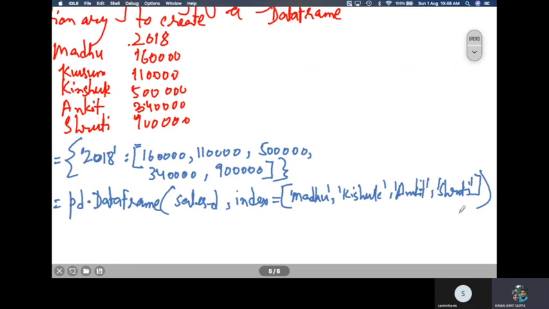In the next class, let us have a glimpse of what we will do. In the coming class next week, we will be doing some statistical computing on data frames, right? We can perform some descriptive statistics on data frames. So we will do that in the next coming class.